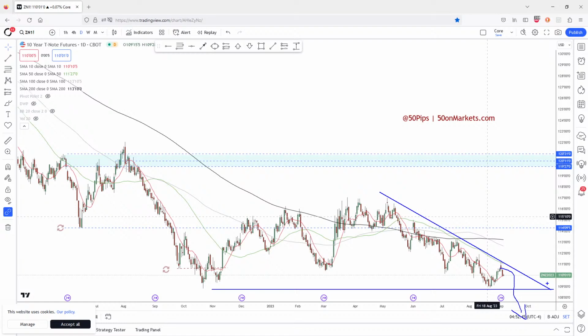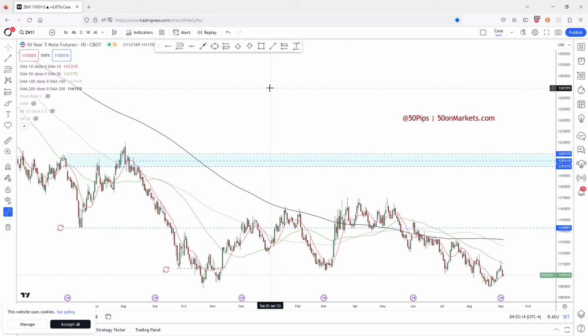You know, a lot of people will also be talking about seasonals, September being a month where you see ugly things happen. Remember, the seasonal pattern on September is actually slightly bid at the beginning of the month, and it can actually rally hard into OPEX, but then it's after OPEX or quad witching that it gets a little bit more heavy, okay?